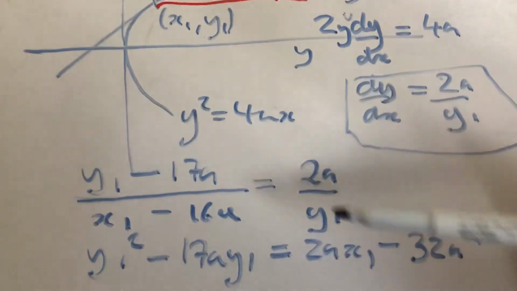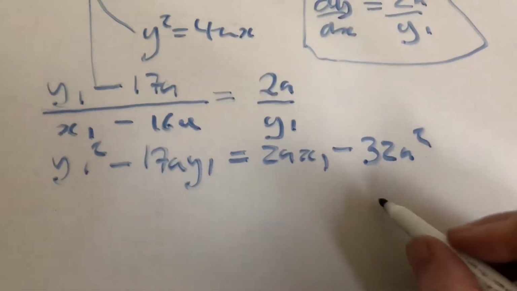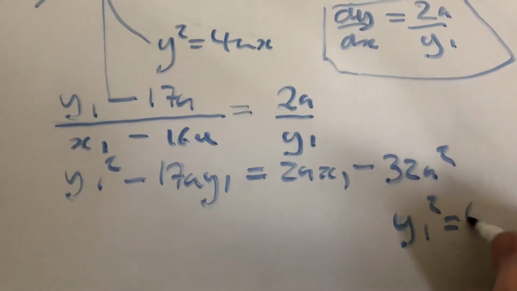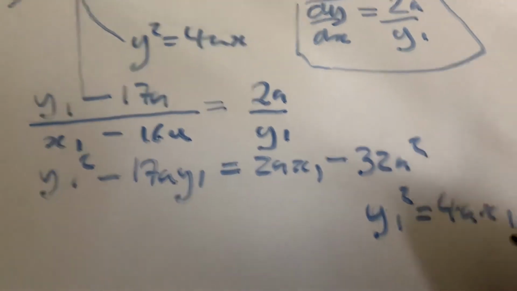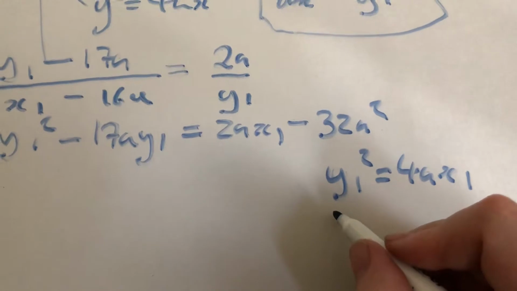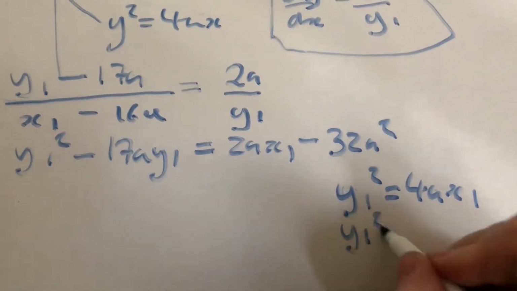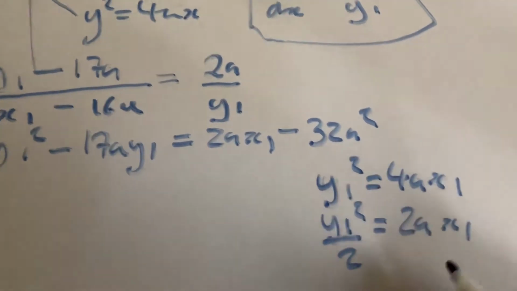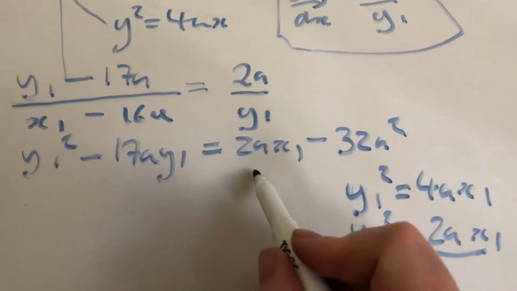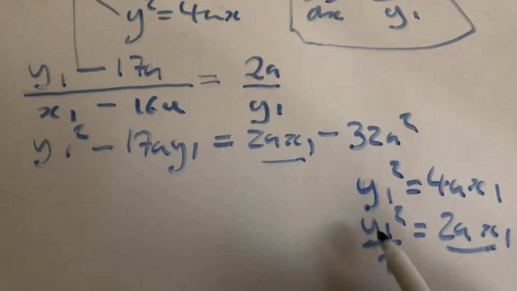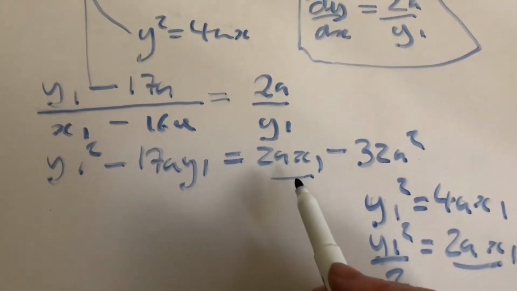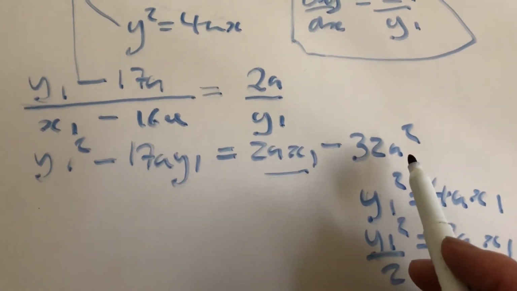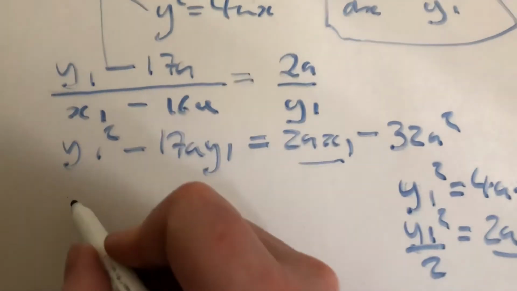Okay, so y1 squared is equal to 4ax1. Divide both sides by 2. y1 squared over 2 equals 2ax1. We have 2ax1 here, so we need to substitute y1 squared divided by 2 into this equation so that we can put the whole of this line into terms of y squared. So we're eliminating the x. So that's going to give us